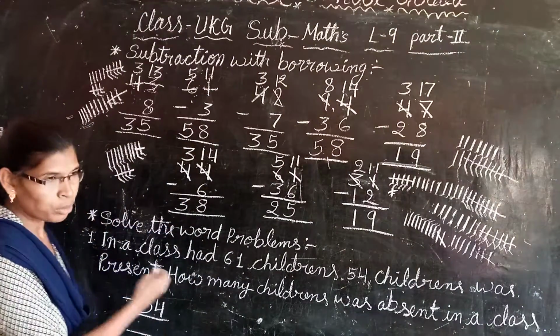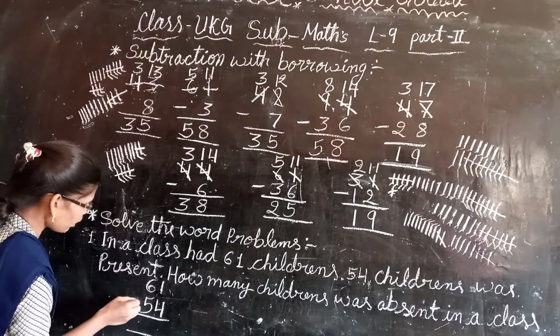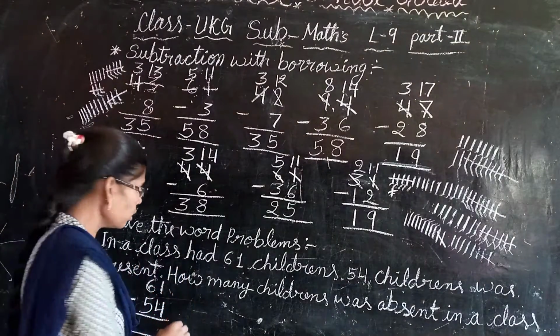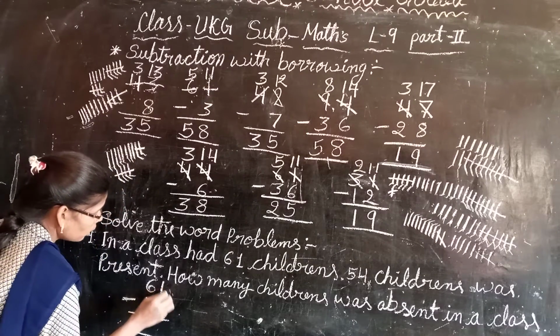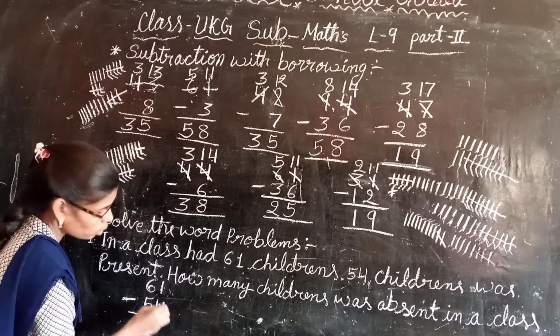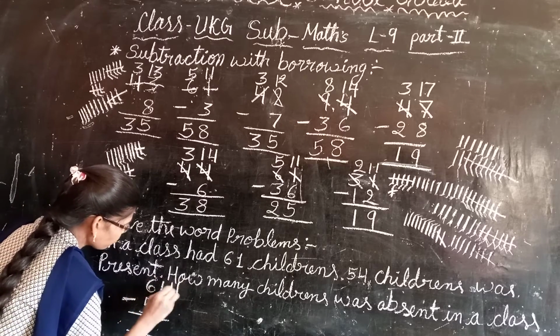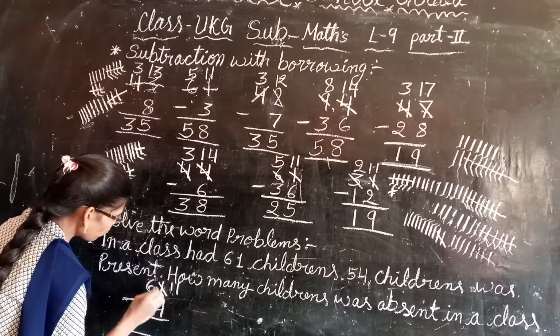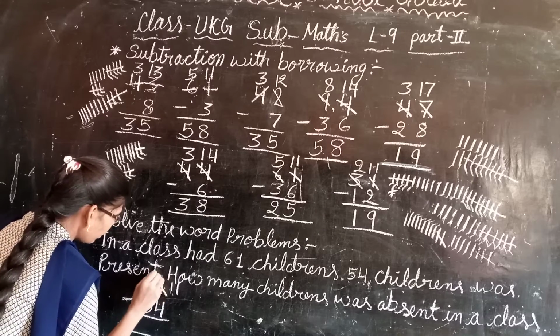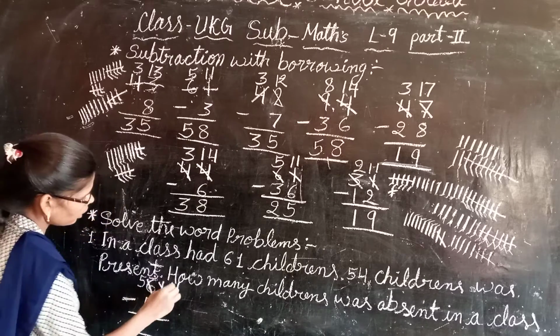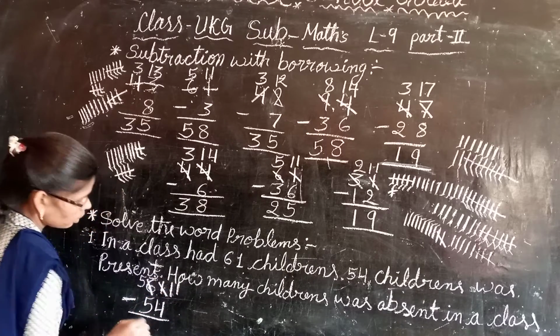So what do we have to do? We have to minus. Okay, we have to subtract. So this also is borrowing subtraction. Okay, so how do we have to subtract? This 1 cannot subtract 4. So what do we have to do? It has to ask from here and it will get 11. And here it has given already. So we get here 5. Then here we have to subtract 4 from 11.